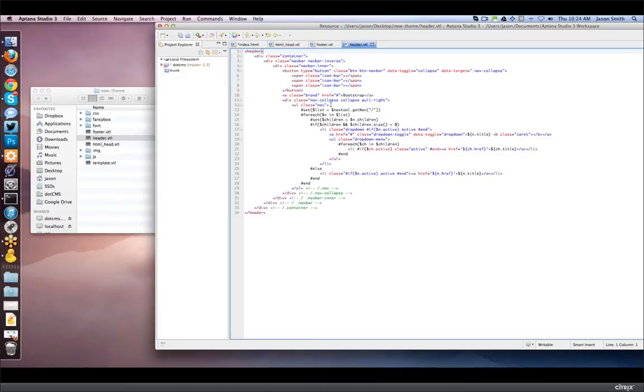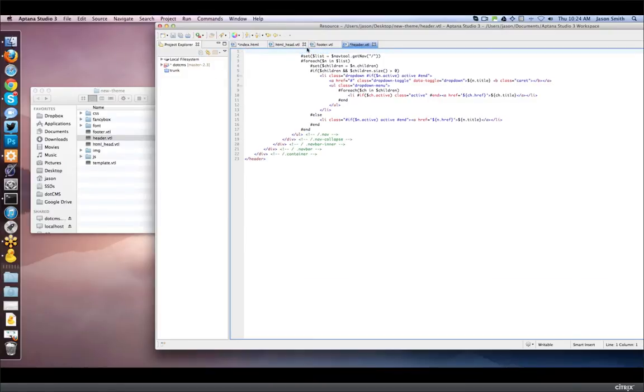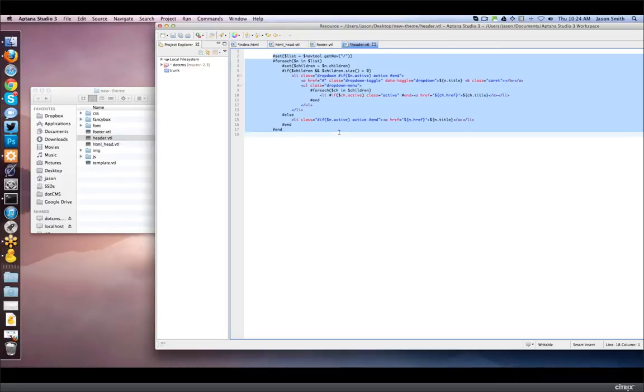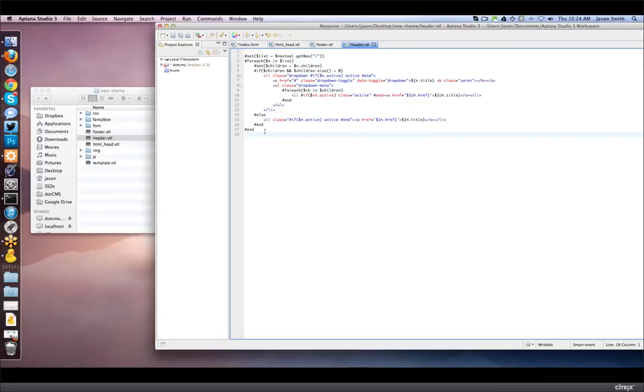And I'm going to paste that into here. Now, I don't know if all of you are familiar with our new navigation tool, but we have this new navigation tool, and I'm going to go ahead and leave the code here so I don't have to rewrite this. But basically what this is in the newer version of dotCMS, what we do is